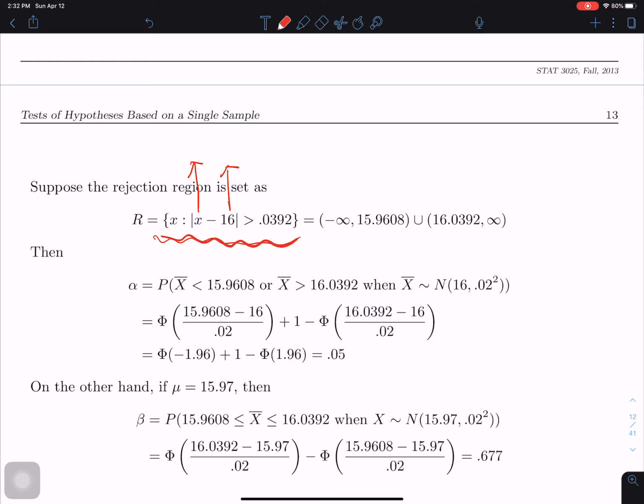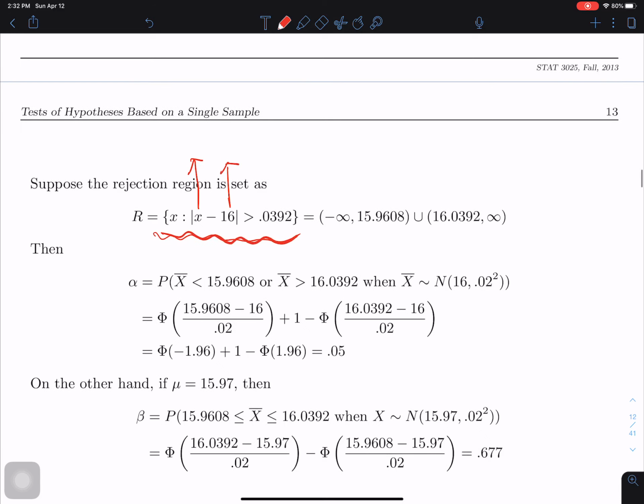Again, type 1 error is to reject H0 when H0 is true. And when H0 is true, it means that mu is equal to 16. When mu equals 16, then X bar will follow a normal distribution with mean 16